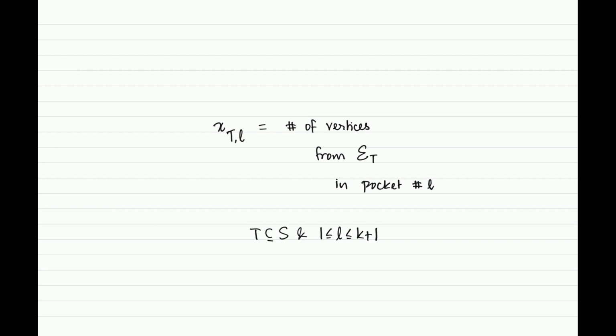So notice already that the number of variables that we have introduced is bounded by a function of the vertex cover, right? Because the number of types that you can have is at most 2 to the k, and the number of locations that you have is k plus 1. So the number of variables that we have introduced is 2 to the k times k plus 1, which is